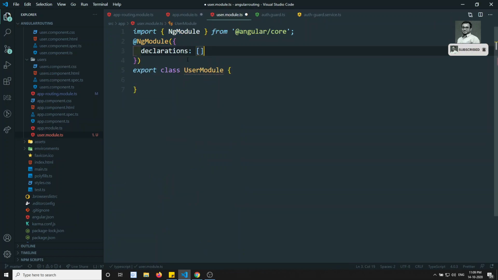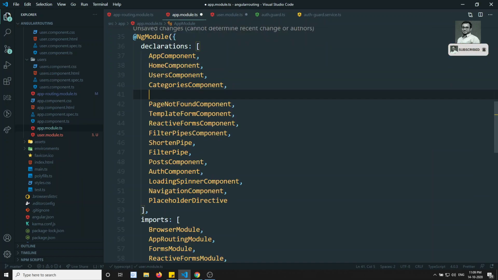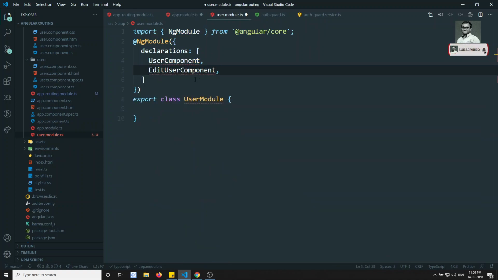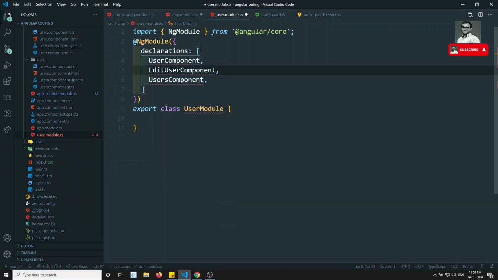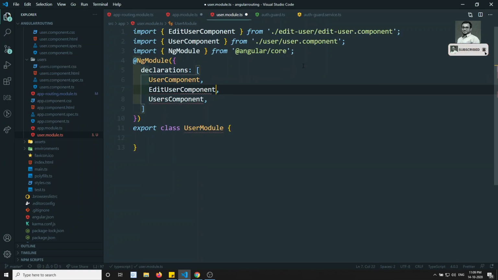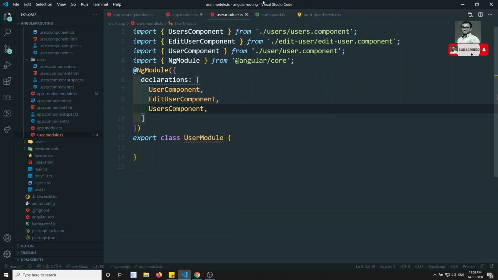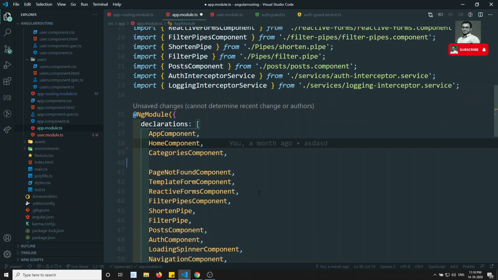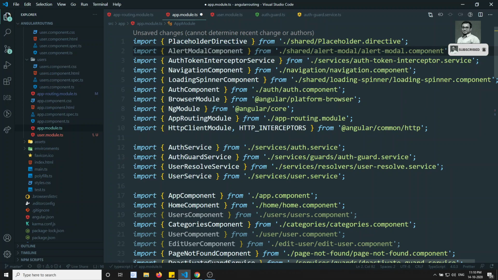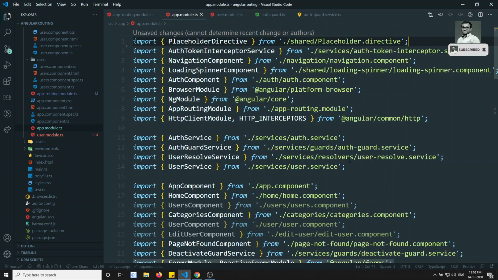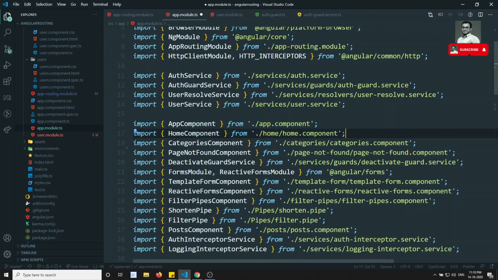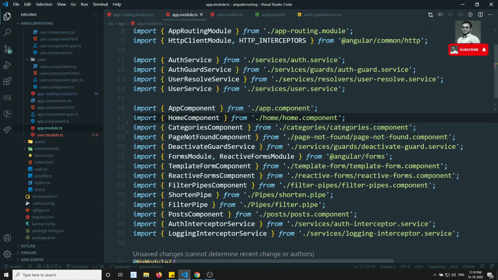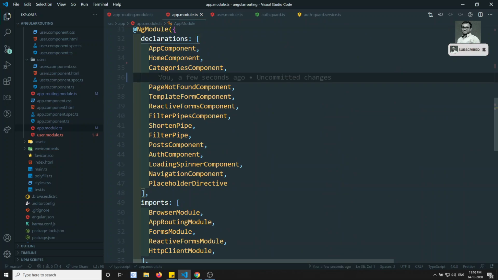I can remove them from here and add them here. I can also remove this users component and add it here. These are the three components which are necessary for this users feature. Now I can add the imports. Every import we need to add here, and in the app module we can decrease them. We have removed them in the declarations, so we can remove them here also. The alert modal component was added long back, so we can remove it here too, and all of these things. Slowly we will be decreasing the app module. First we will divide this user section, so now the users and everything are deleted.